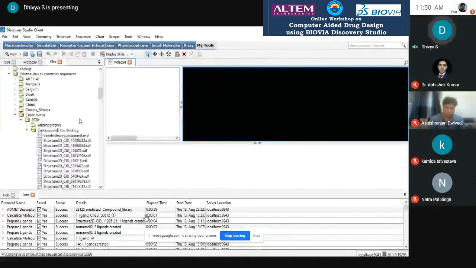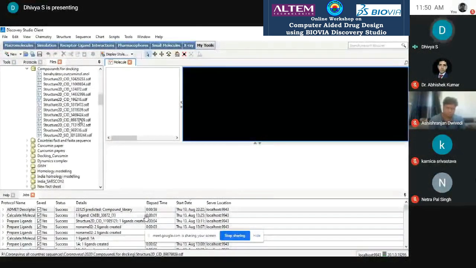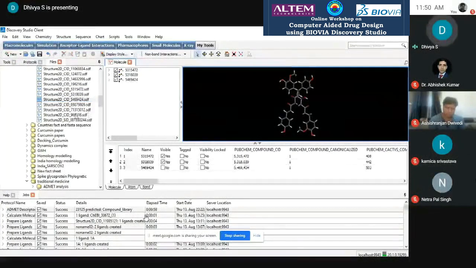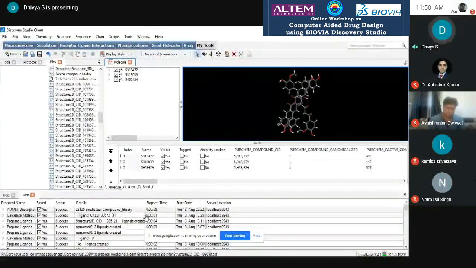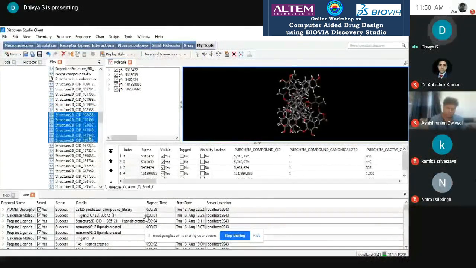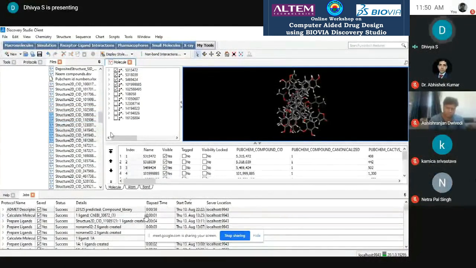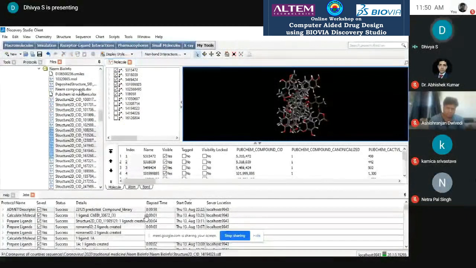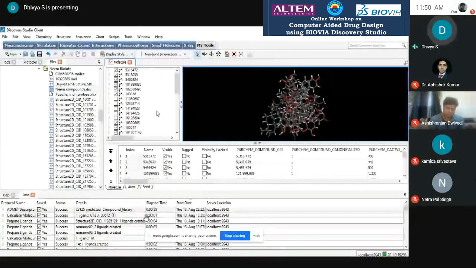And then, what formats are supported? It supports a wide range of heterogeneous formats: SD, SDF, MOL, MOL2, and CDX also will be supported. So we have some compounds. I can drag like this. Download the compounds and then drag. You can drag more than one also. You can select with Shift and drag it. And even if you have a library of compounds, you can directly open the library of compounds.